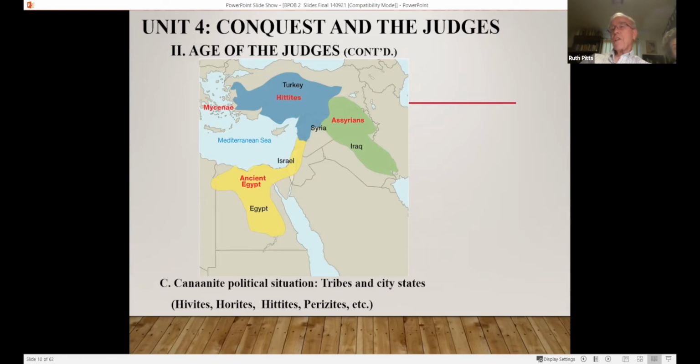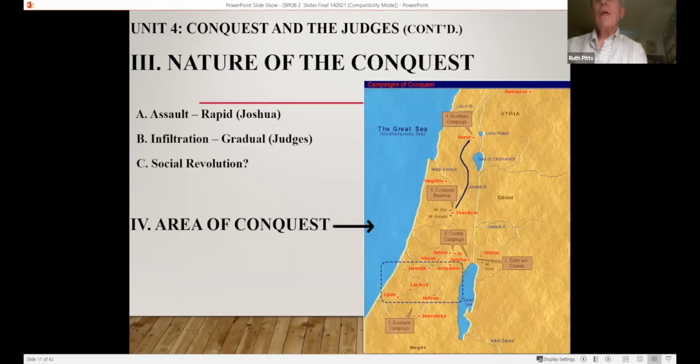This was like the Greeks. Maybe you've read or had some Greek history. So you'll have Athens and you'll have Sparta, and they will control the area just around them. But there's no sense of a unity of a group of people in a state or a nation. All right, let's move on.